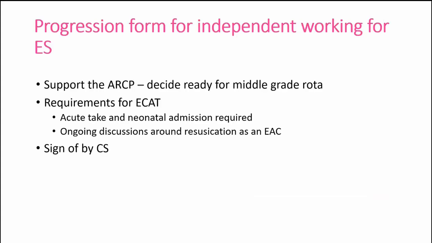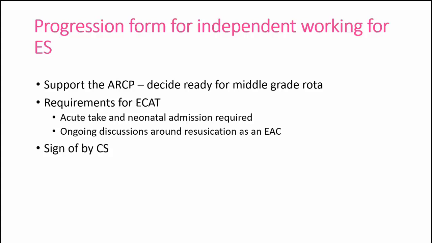As Michaela said, there's a progression form for independent working. So with Progress Plus, middle grade working happens at ST, at the moment ST4 in most places, in some places it's ST3, but there will be a requirement that trainees move up, maybe consider moving up a bit earlier if they're ready, and therefore we need some evidence from the supervisor that they are ready to do that, and that's what this form is for. So it's a support for the ARCP,